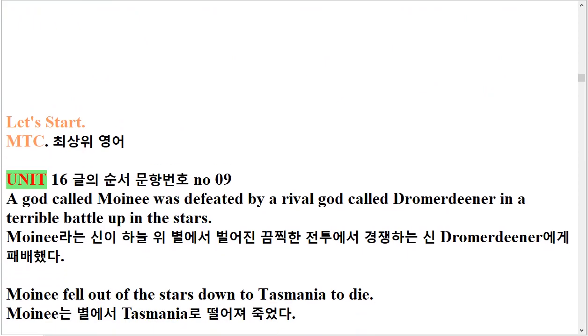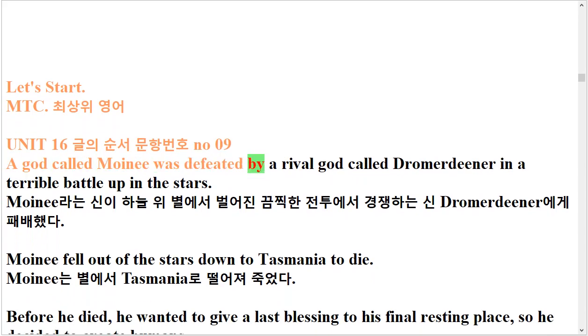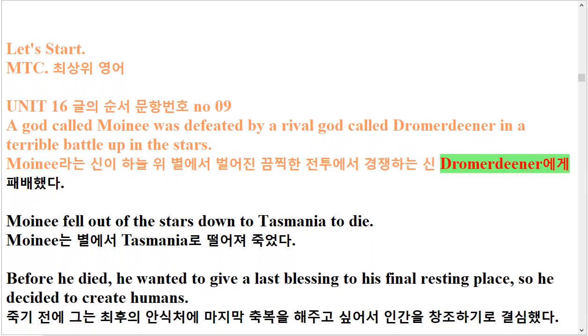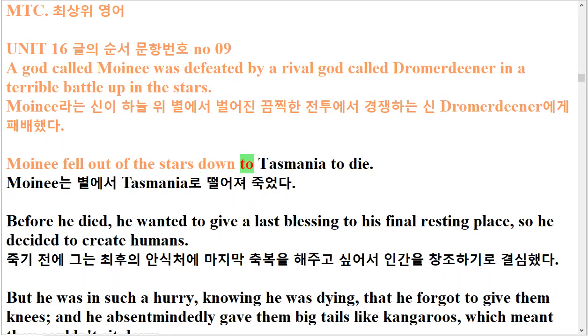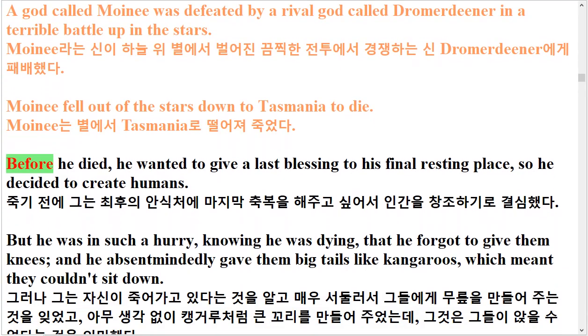Unit 16 No 09. A god called Moini was defeated by a rival god called Dromerdiner in a terrible battle up in the stars. Moini fell out of the stars down to Tasmania to die. Before he died, he wanted to give a last blessing to his final resting place, so he decided